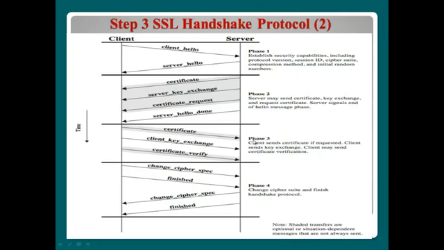And if the server finishes sending this kind of information, then the client will respond to this request from the server, like a certificate and client key exchange, and the certificate verify for the certificate from the server. And after that, phase 4, if the server and client are successful in exchanging the certificate and key exchange, then they will